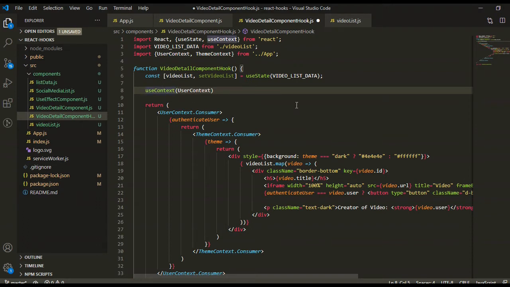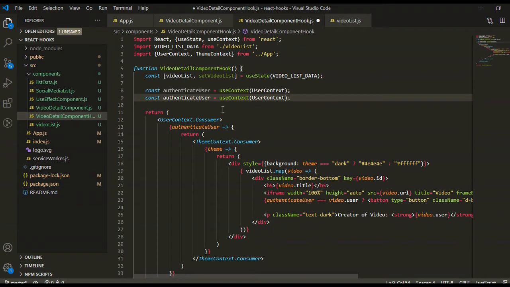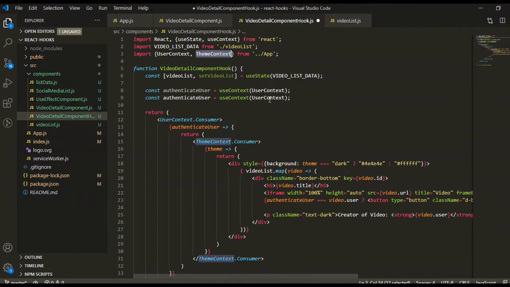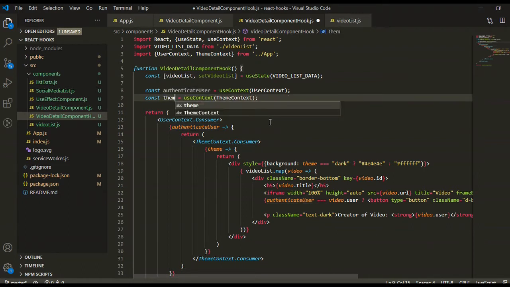To receive this context value, just define a variable name, same as we define the variable for the theme, and take the second context, the theme context, and we will take this context value into the theme variable.